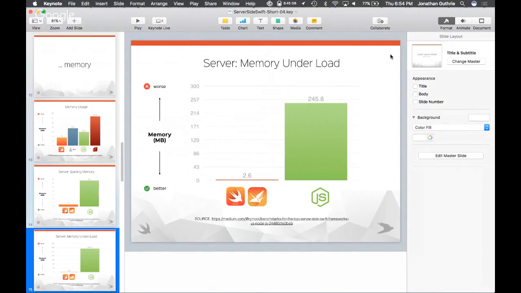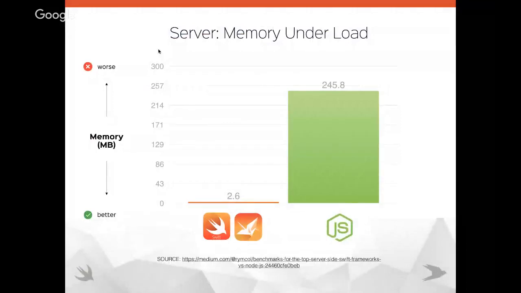Okay, so memory under load. Once again, let's recap. This is Ryan Collins. Once you subject an application to some real load, you start to see what it's going to perform like and what resources it's going to consume.